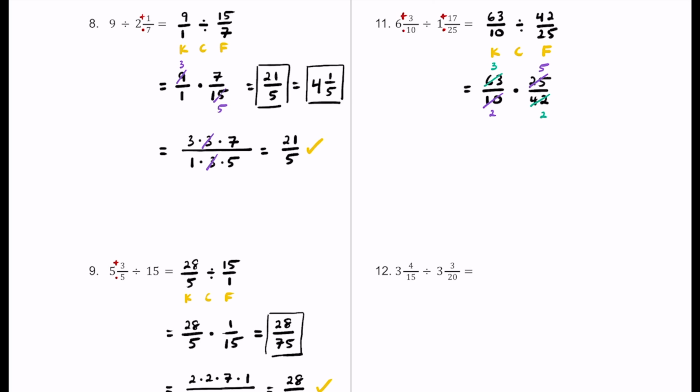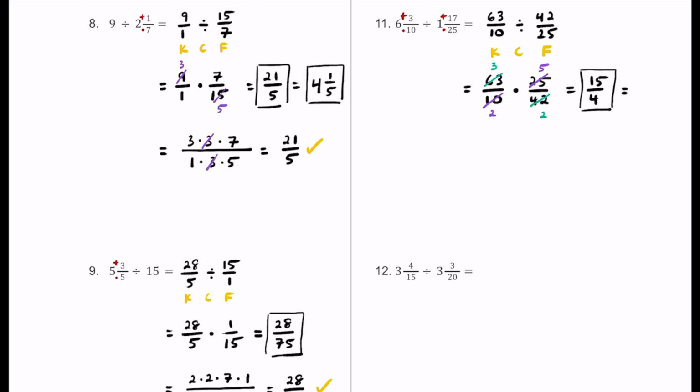I think at this point we are all done. It looks like everything's a prime number and none of them go into any of the other ones. So on top 3 times 5 is 15, and on bottom 2 times 2 is 4. So you could totally leave your answer like this if there's no directions that say otherwise, but you can turn